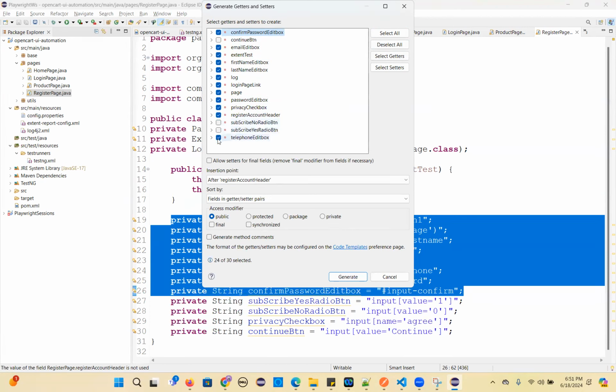So subscribe, register account header, privacy checkbox. So this also not required. Is log extend test. So only the